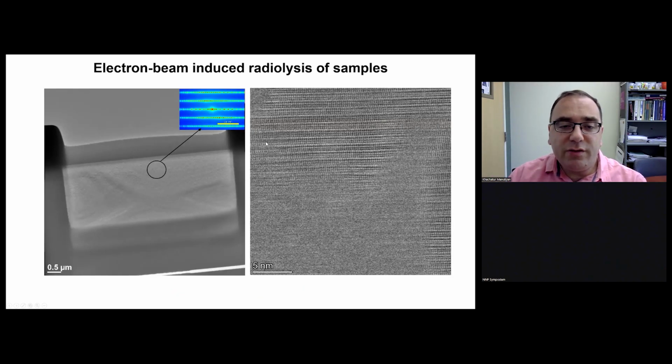So unfortunately, it turns out that these samples were very, very difficult to image, and we could destroy them with electron beams. You could see here, this whole area is destroyed. The rest of these layers are original material, but we cannot see much. But then